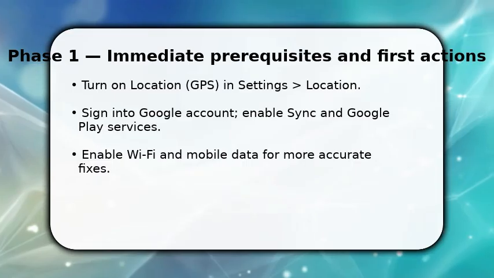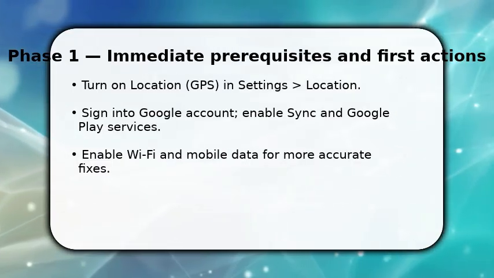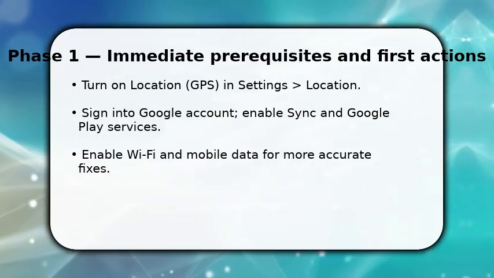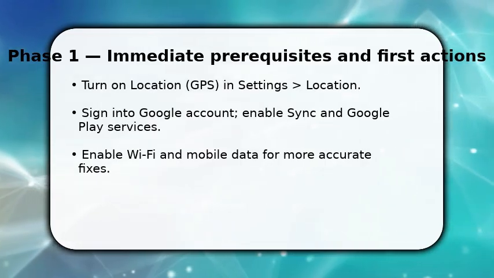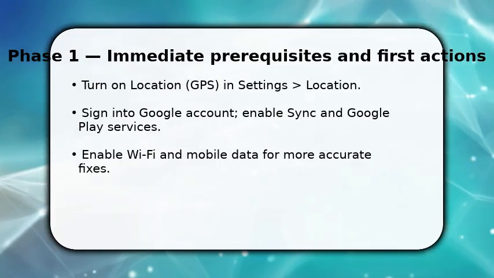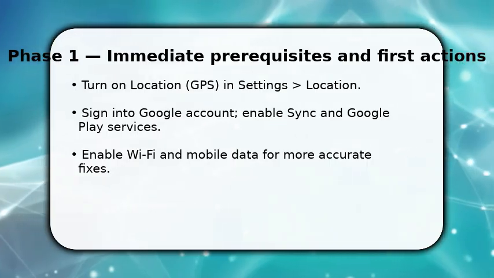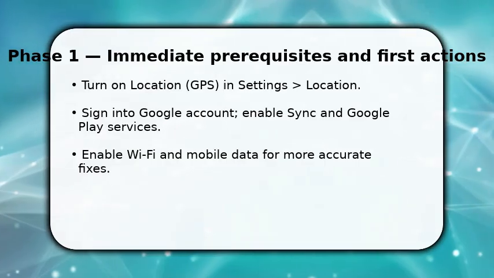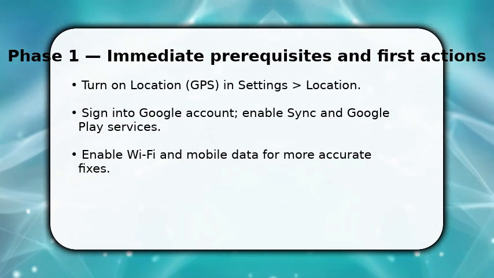You start by enabling the services that make location history possible. Open Settings and turn Location on. This allows GPS and network-based fixes. Once done, sign into your Google account and make sure Sync and Google Play services are active because they store and upload history. Also enable Wi-Fi and mobile data. Location is more accurate with network assists. These steps prepare the device to record points continuously, so the rest of the process can capture and retain your